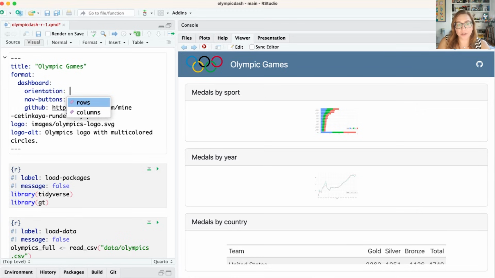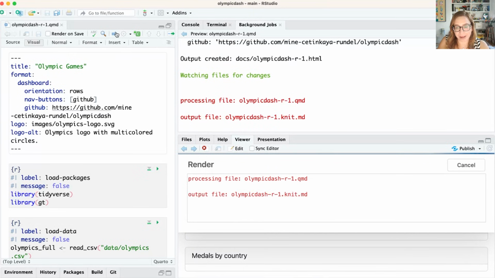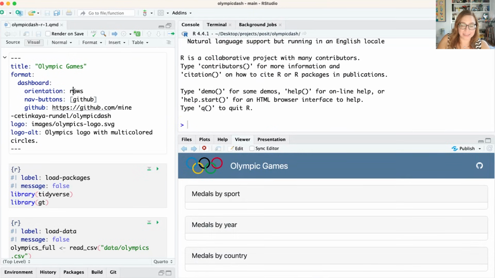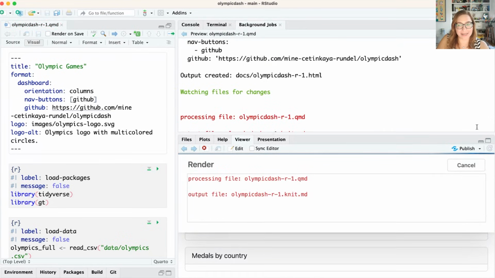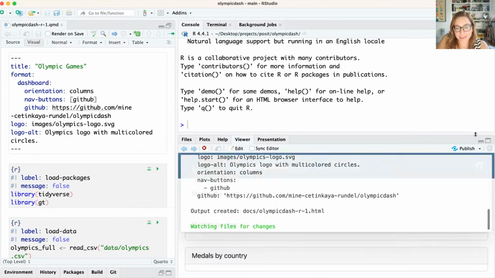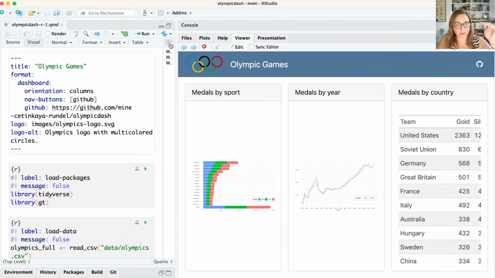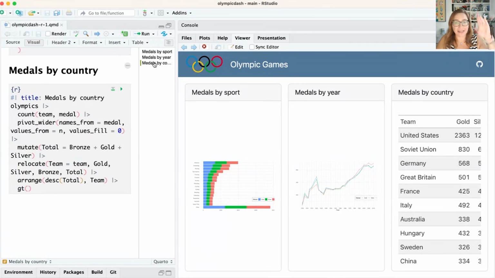So the default orientation is rows. If I leave it as rows, we'll see that nothing actually changes in my output. That's how they were organized to begin with. Let's instead make it columns and see what shakes out of that. It's not going to quite get us there, but it will at least mean that the headers that we had, so these are the 3 headers that we had, are now indicating columns in our dashboard as opposed to rows in our dashboard.